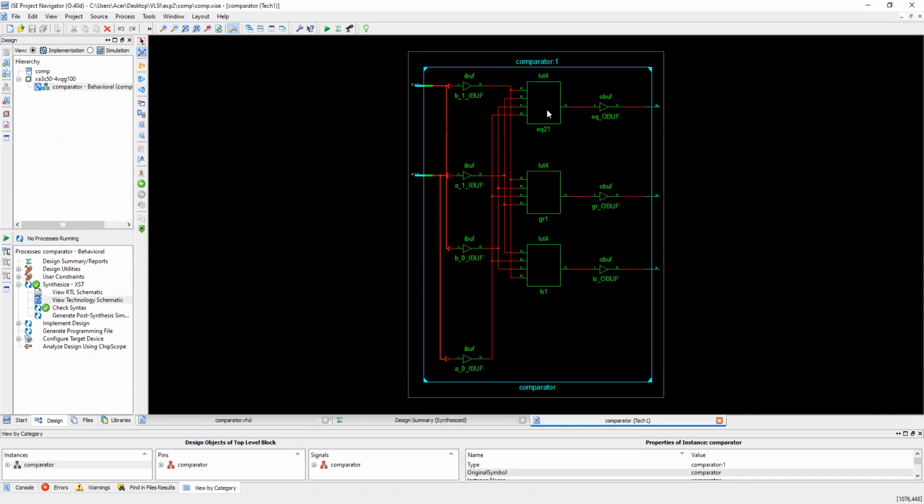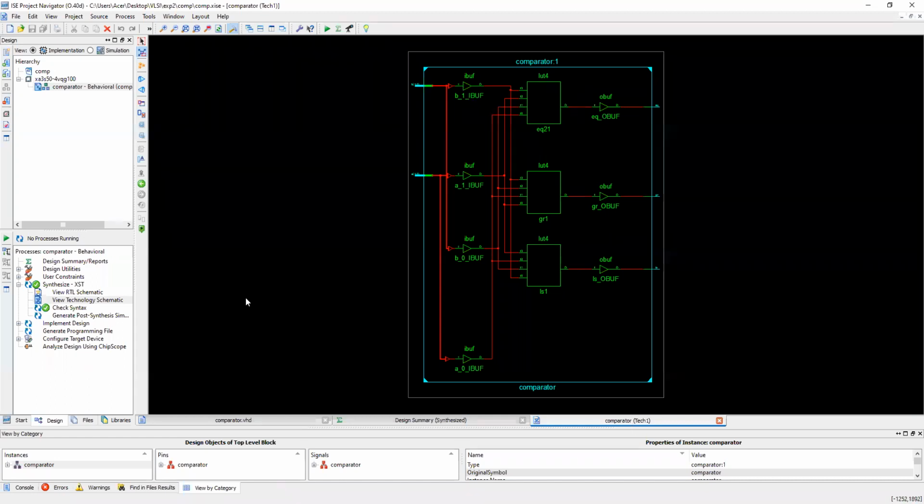This is the internal circuitry. And this LUT is what you studied in that guest lecture, the lookup table, right? This LUT. This is the buffer. And why have we added this buffer? To avoid glitches, right? The input value should travel through a buffer so that it can retain its state, whether it is logic 0 or logic 1, as well as add delay so that there are no glitches. Right? So this is the internal circuitry. This is the technology schematic.